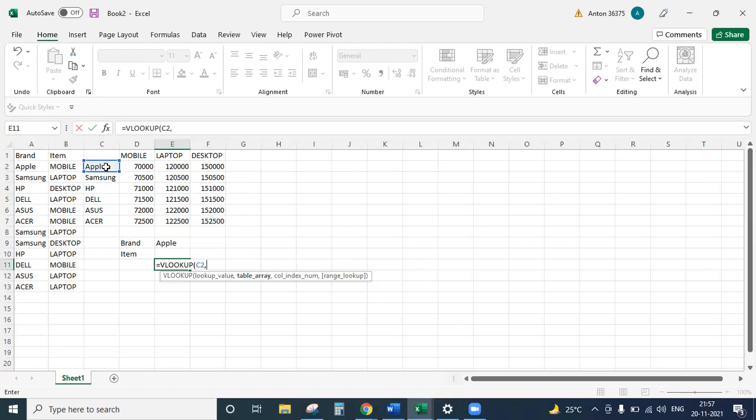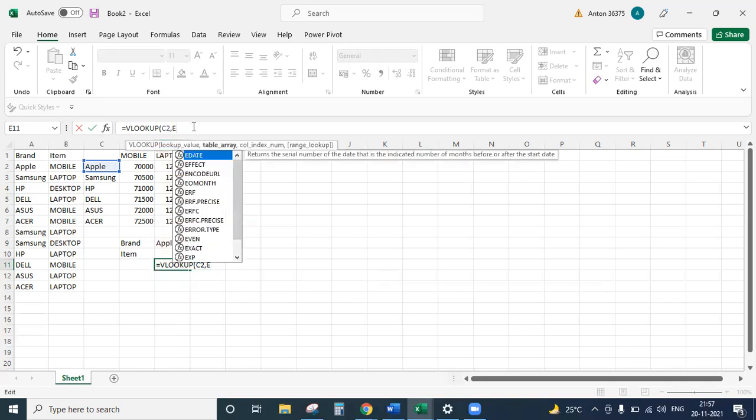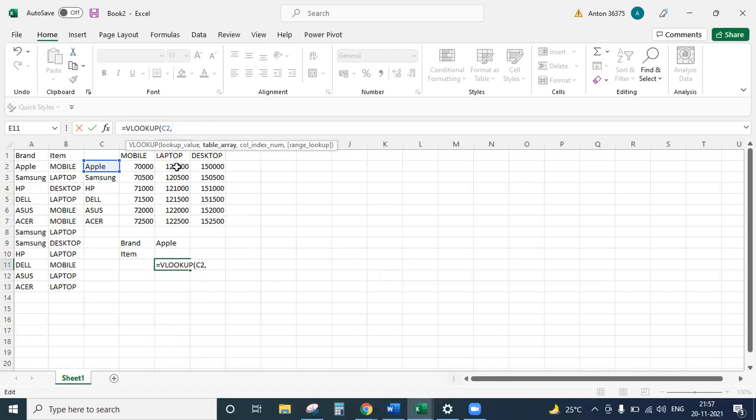I need to select, not the entire, what I'll do is remove the E2, E7.